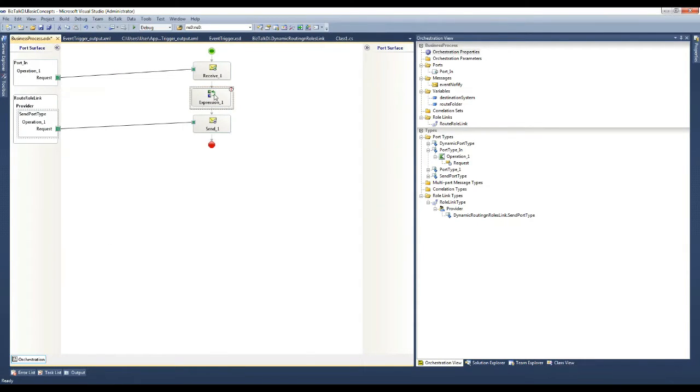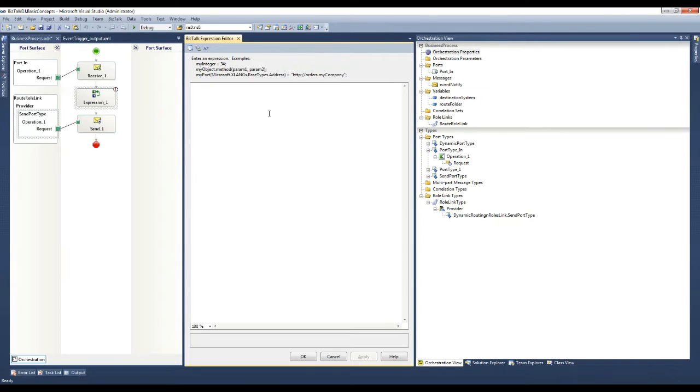Now once we receive the message, we have to initialize the role link with the destination party.